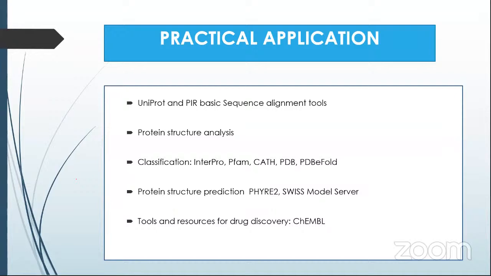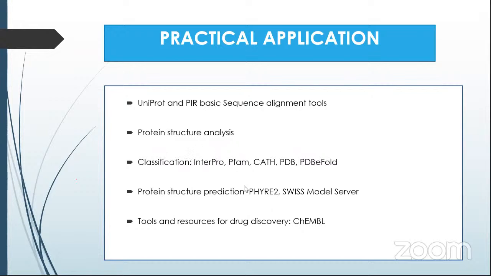Whereas if you have your own sequence with you, okay, and you want to build the 3D structure, you can build it by using Phyre2 or the SWISS-MODEL server. So protein structure prediction will provide you the 3D structure of your own sequence which you have with you. Okay, and once you are aware of the sequence,